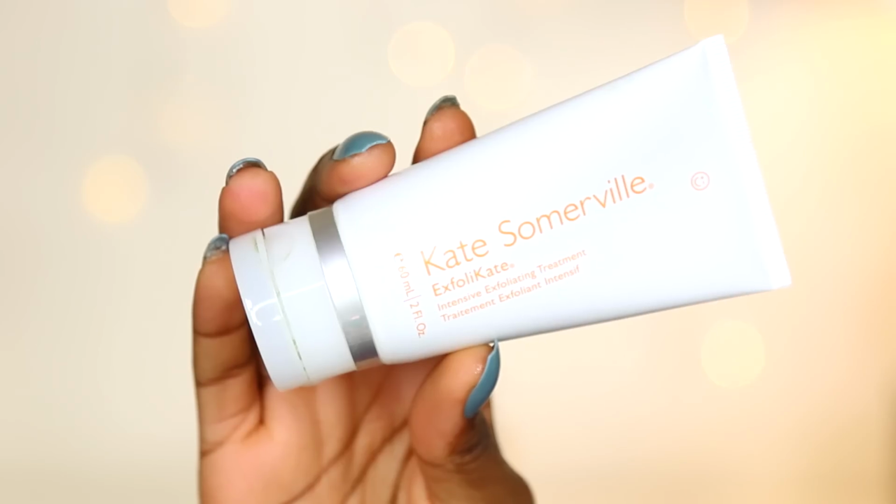The Kate Somerville Exfoliate. I first heard Casey Holmes talk about this, and I was like, ooh, that seems really interesting. It's actually kind of like an exfoliating facial. They tell you to apply this and to scrub it in for like 60, 90 seconds or something like that. Then you leave it on for 2 minutes, okay? Then you rinse it off, and girl,